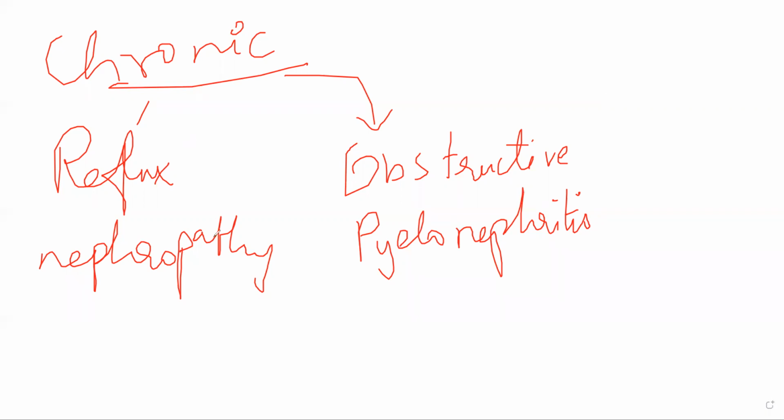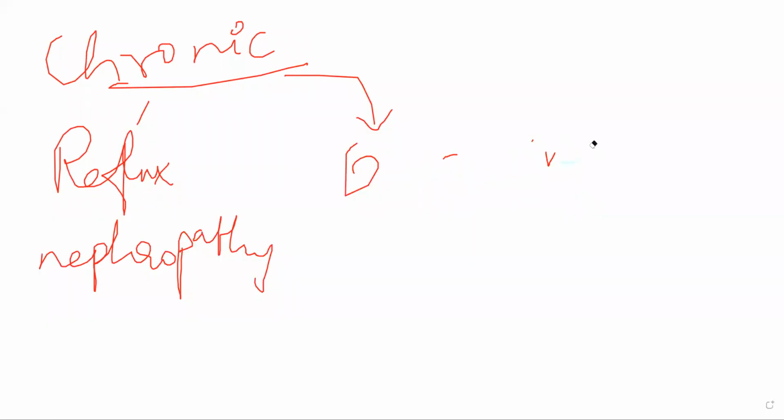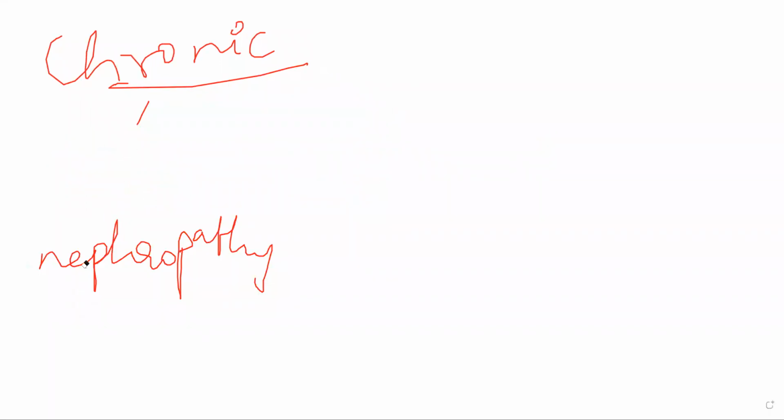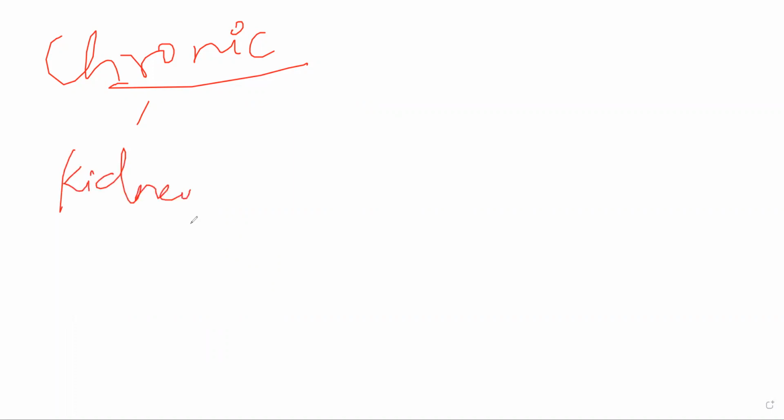Now, the pathological changes that you see in either reflux nephropathy or obstructive nephritis is that kidneys will get damaged to such an extent that they will become small. In chronic pyelonephritis, kidneys become small. They will contract essentially. You will see small contracted kidneys, and they'll weigh less than 100 grams. They'll become very, very small in size, and there might be unequal reduction, in the sense that one kidney will reduce in size more than the other.